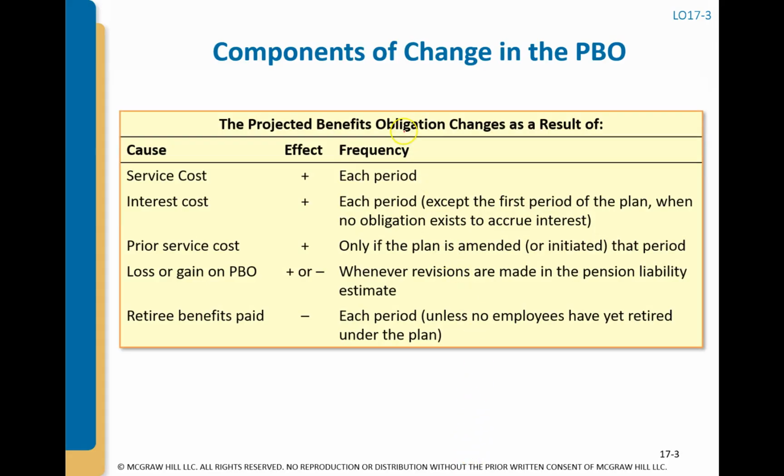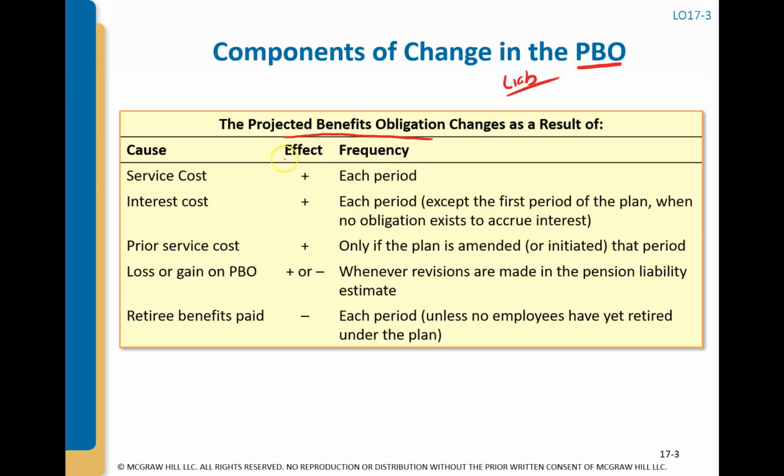So when we're talking about pension plans, we really have two big balance sheet items that we think of. The PBO, which is the projected benefit obligation. This is the liability part of the pension, the money that the company projects they will owe to their employees upon retirement. There are various items that